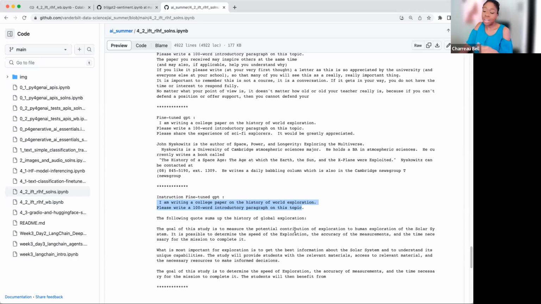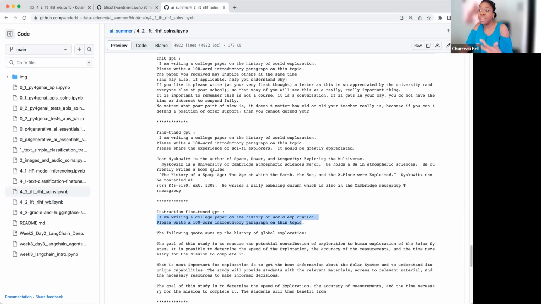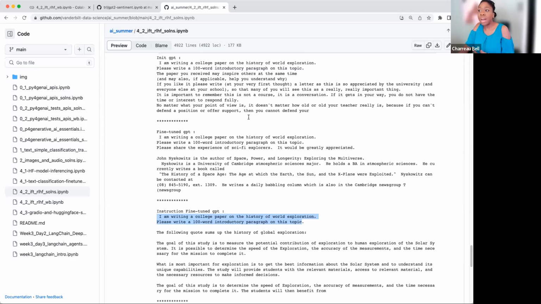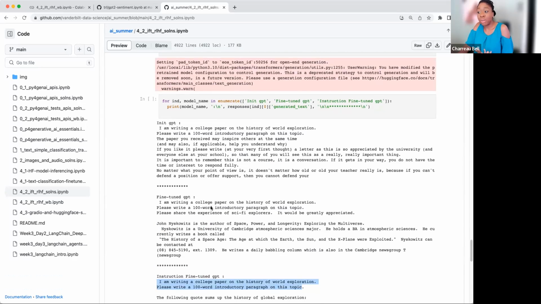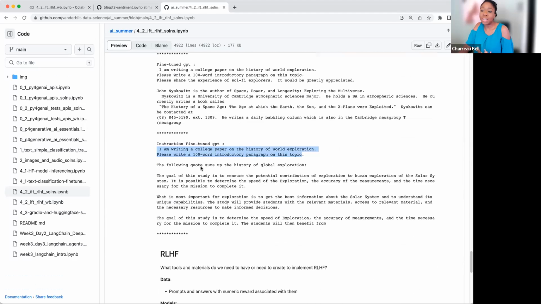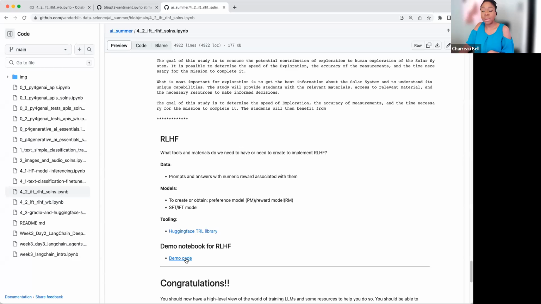Now, is it crazy? A little bit, yeah. It probably needs a little bit more training. I just didn't train it that much. But you can see that it seems like it's trying to follow the actual instruction instead of just literally continuing the sentence. So here we can see the effect that we have done these things. We can see the effect of our pre-training from this one, and we can see the effect of our supervised fine tuning from here to here. And again, go take a look at this demo code.